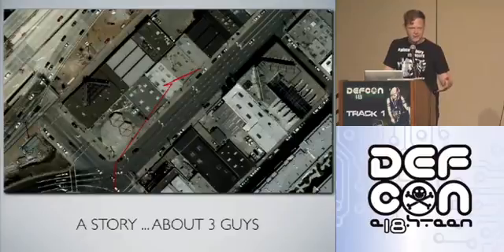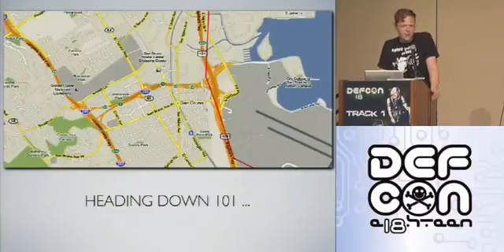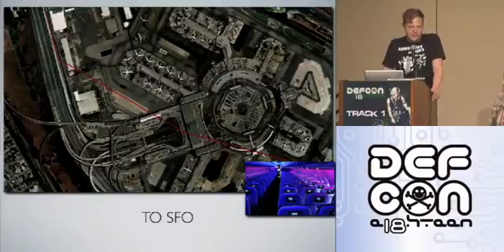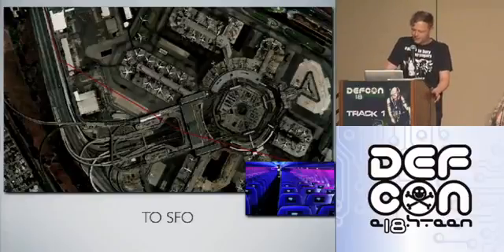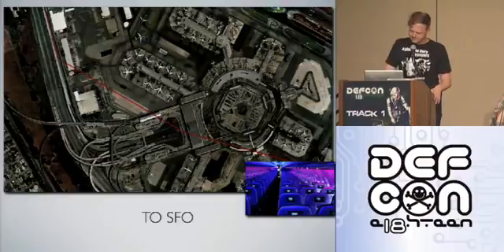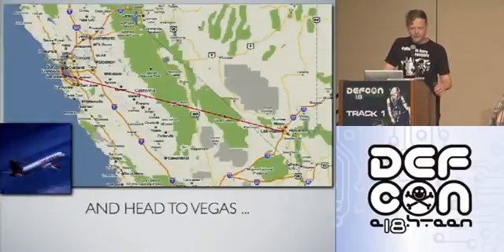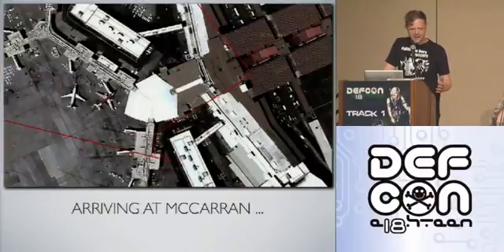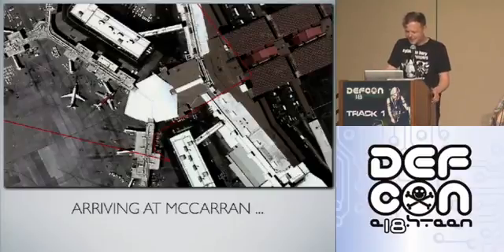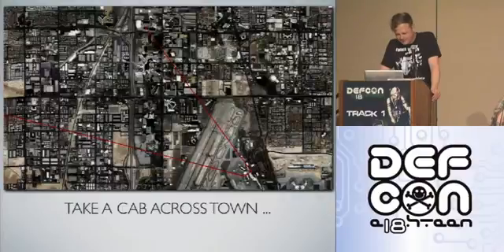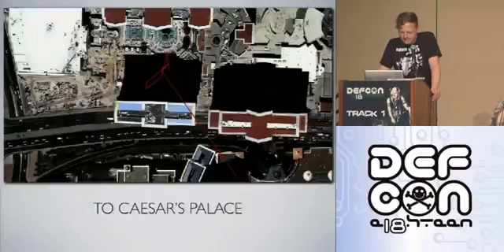Like a story about three guys who started at their office in South of Market in San Francisco, walked down to the corner, caught a cab, headed down the 101 to San Francisco International Airport, where they checked in at the terminal and boarded a Virgin flight, and flew Southwest down to Las Vegas, arriving at McCarran, and you can actually see us touching base here in the terminal, going out to pick up some bags, taking a cab across town to Caesar's Palace, where we checked in at the